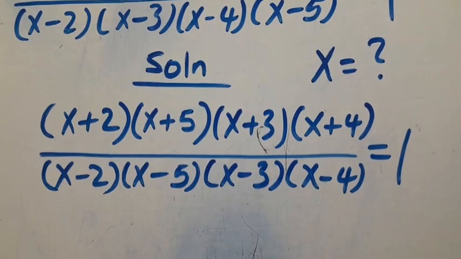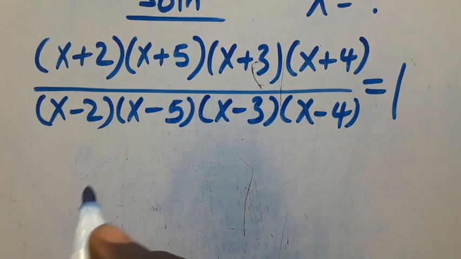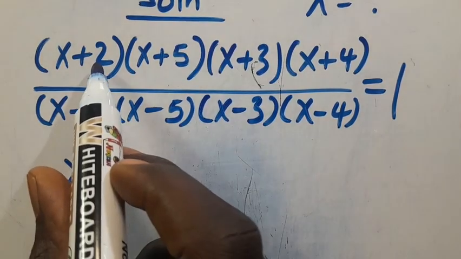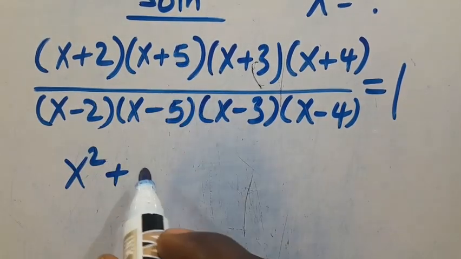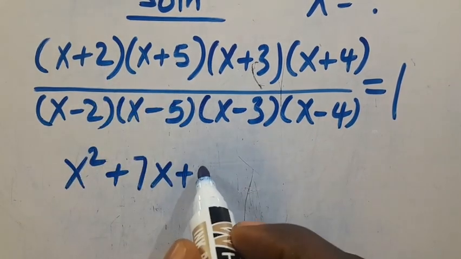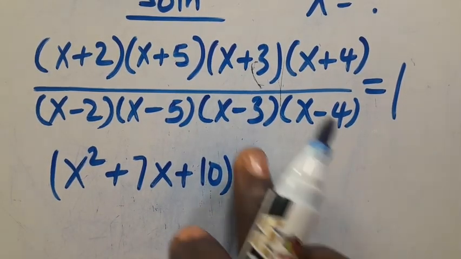Then everything equals 1. So from here, let's open the brackets. This times this, we have x squared plus, 2 plus 5 will give us 7x, then 2 times 5 will give us 10. We have this as this in parentheses, multiplied by